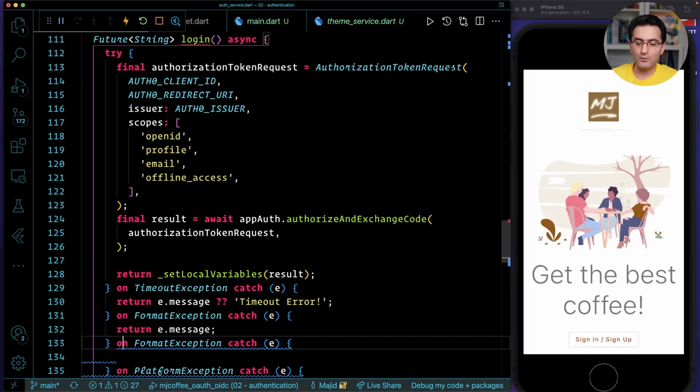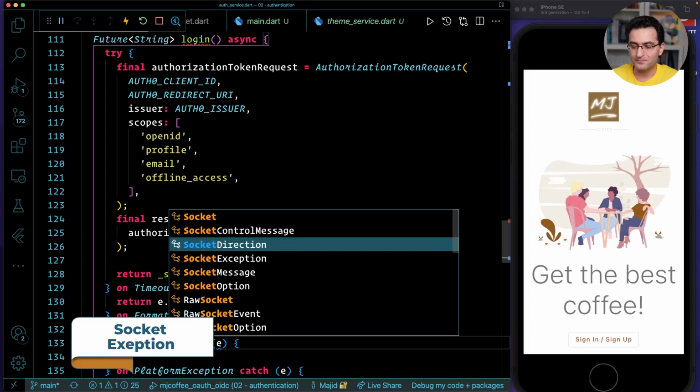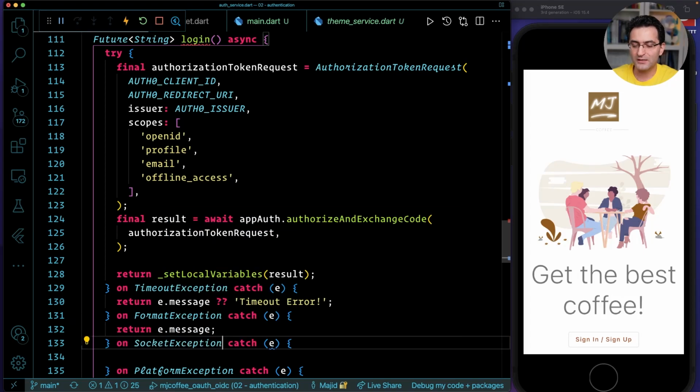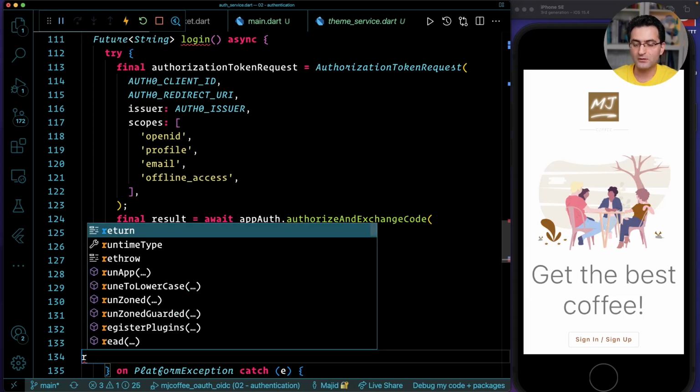So another thing that we can do is, we have timeout, format, platform exception, and we can have maybe SocketException, when a socket is closing or you don't have internet, things like that. That's actually a very good one, SocketException. So on SocketException, you can again return like